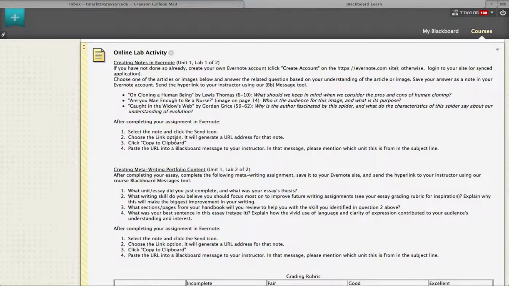then save your file. I'll give you step-by-step instructions, but you'll save your file on that server, on your account, and then you'll create a link by clicking a few buttons. So create a URL address or web address that you will then send to me in an email message. I'll be able to click on that link or enter it in my web browser and view your note on